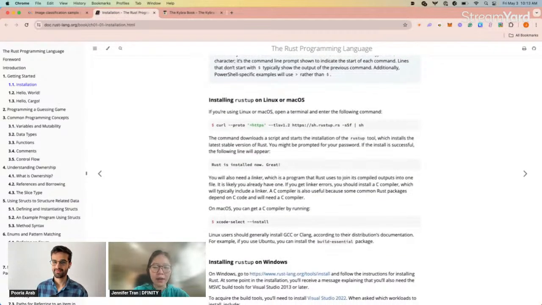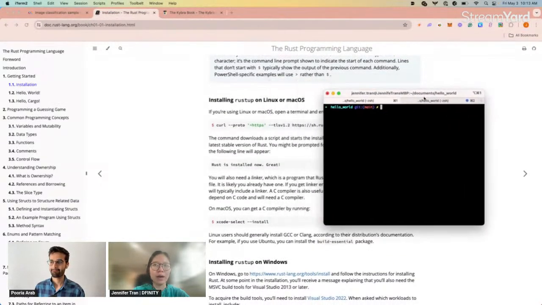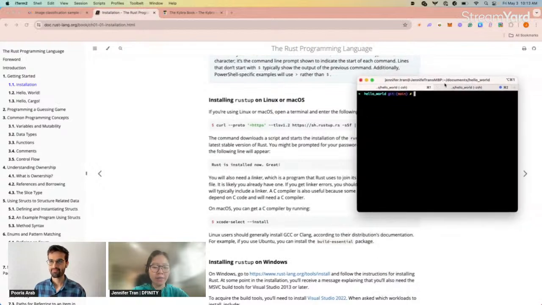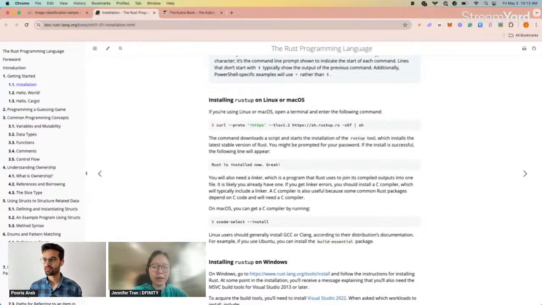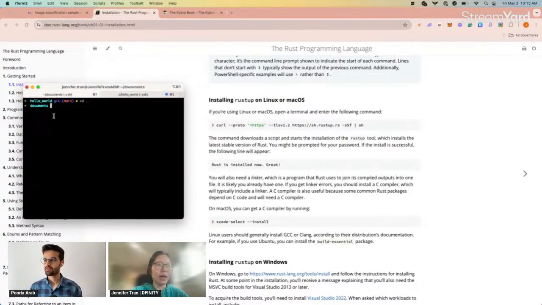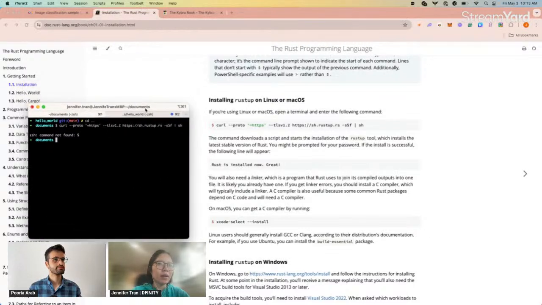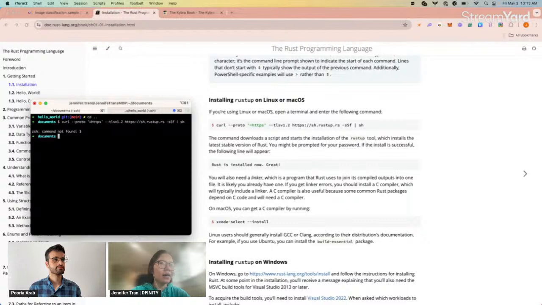In this case, because this example is in Rust, I believe I already have Rust up and running.